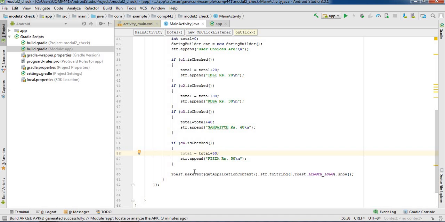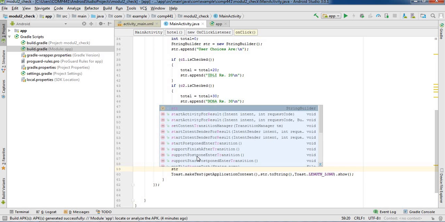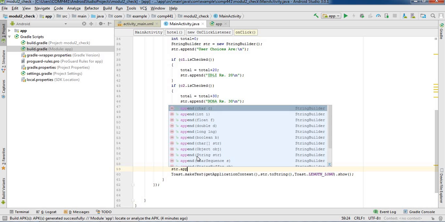The last total value we have to calculate over here as a result dot append. Whatever the last total value is, you have to append that total value to our string builder. That's why str was my string builder, str dot append.